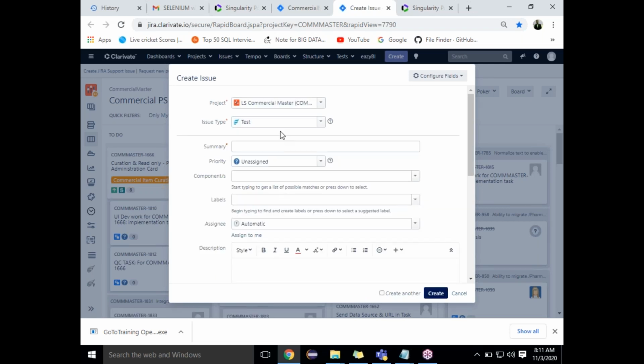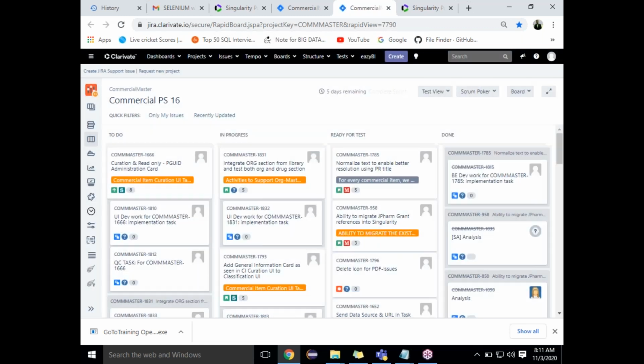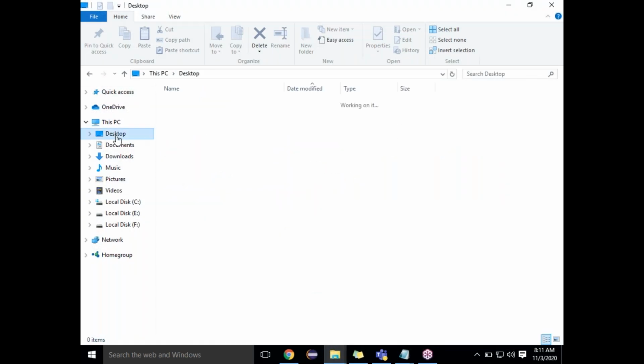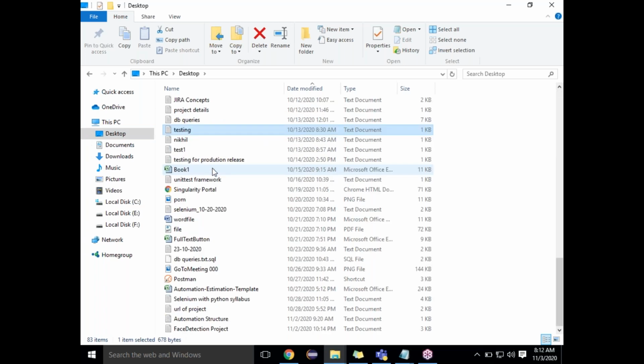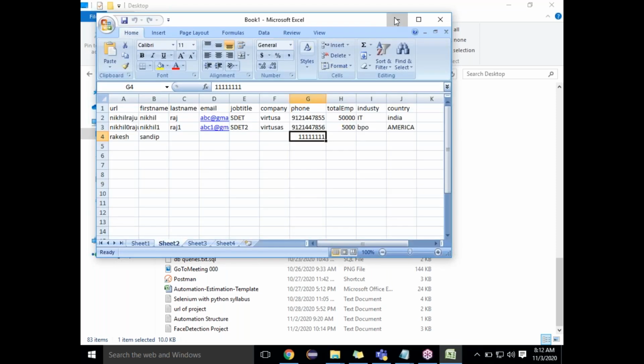Okay. This is something you are assigning to someone, so you don't need to do that here. Normally, we don't do this in Jira; a lot of companies don't do it in Jira. If you want to do it in Jira, there is something called Zephyr Test, which is an add-on that you have to provide. Okay, you are getting it, right? I will tell you about Zephyr. Don't worry. One minute.